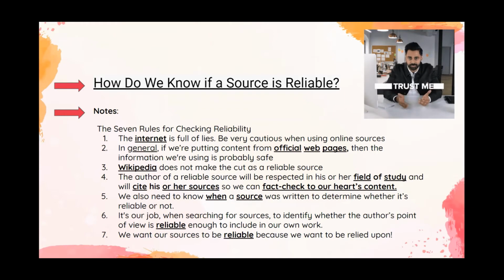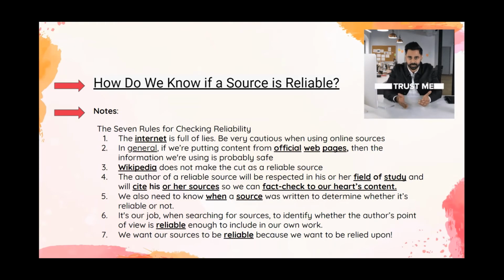The internet is full of lies, so be very cautious when using online sources. In general, if we're putting content from official web pages, then the information we're using is probably safe. Wikipedia does not make the cut as a reliable source. The author of a reliable source will be respected in his or her field of study and will cite his or her sources so we can fact check to our heart's content.